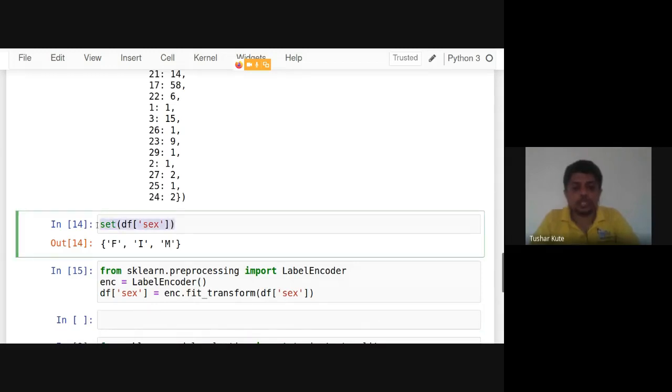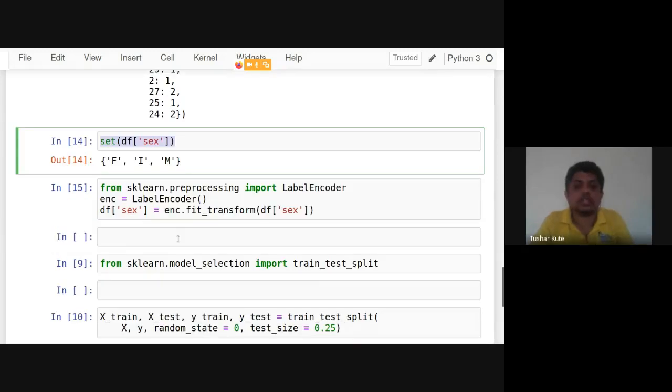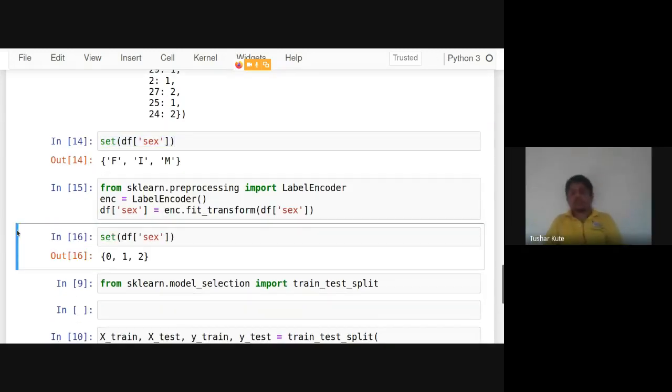Now if you check this, we have transformed this data from the string format to the numerical format. So 0, 1, 2 are now present: for F it is given 0, for I it is given 1, for M it is given 2. Fine.